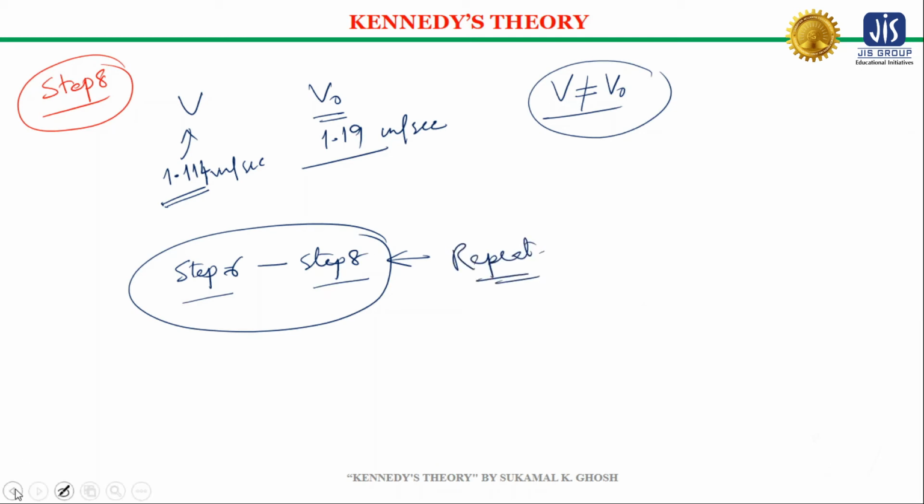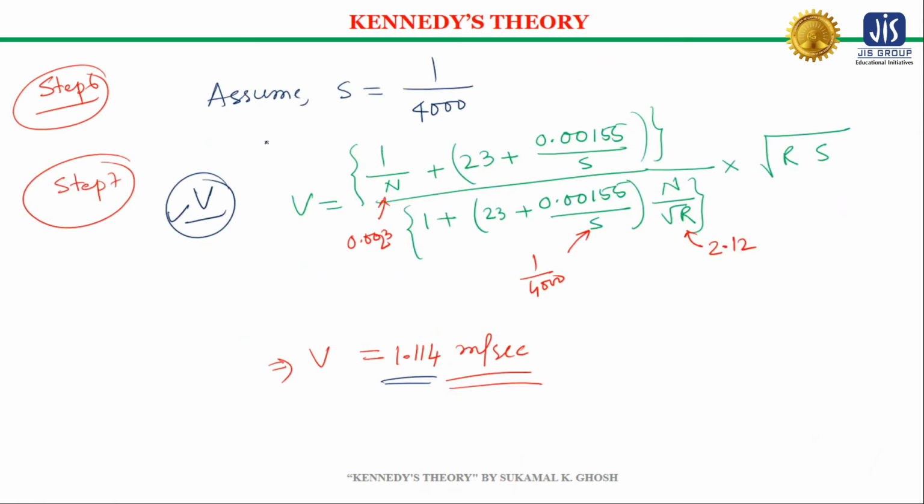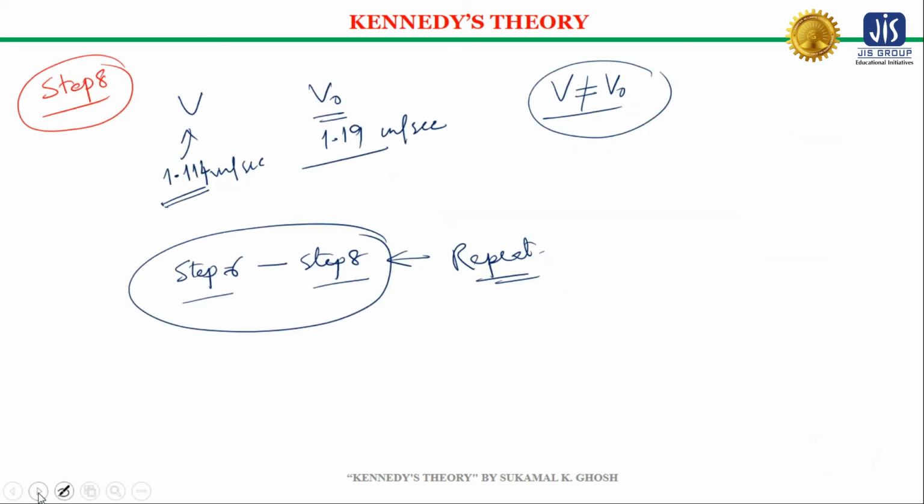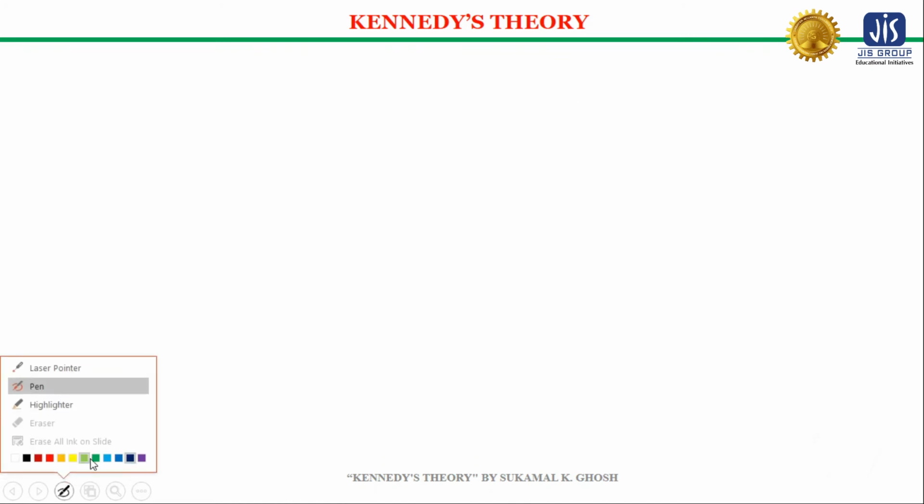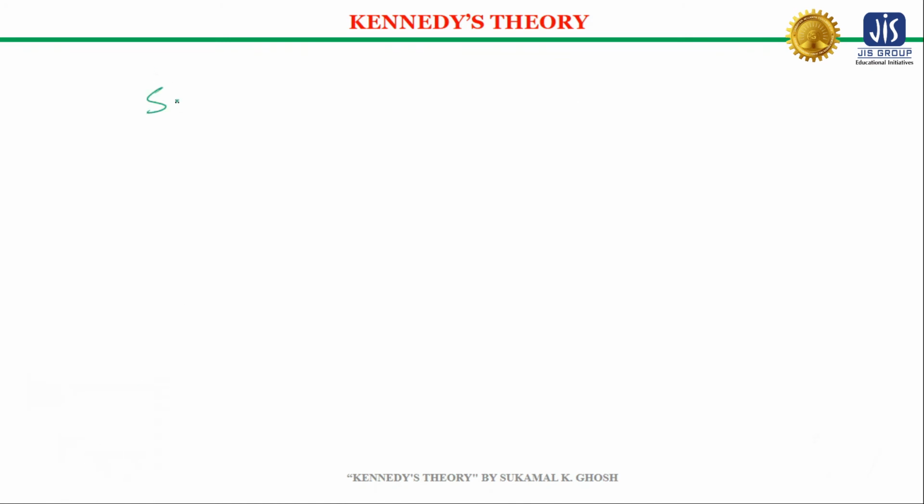Okay, so what was our step 6? Our step 6 was we need to assume the value of S, meaning the slope value. So let us consider this time the value of slope is maybe 1 in 3700. Now let me calculate the actual mean velocity using Kutter's equation using this slope value of 1 in 3700. So the Kutter's equation is